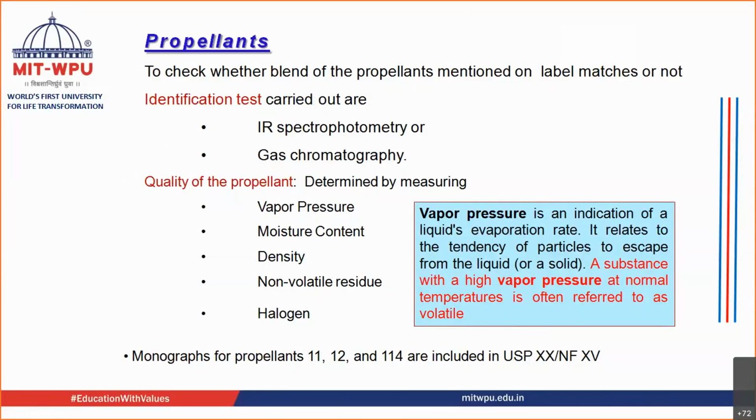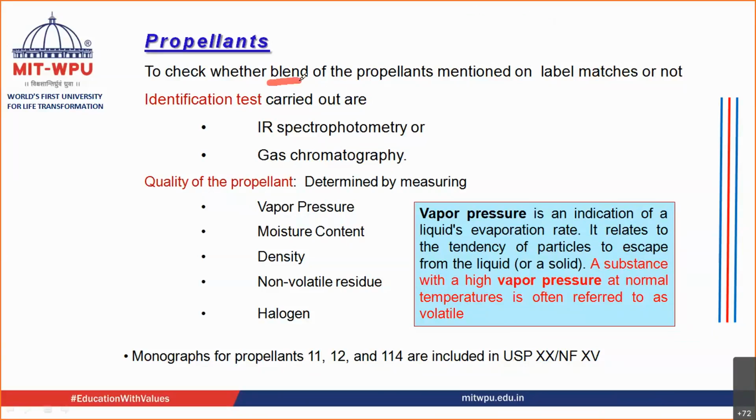If you test for the propellant, then you can call it the raw material testing of the propellant. Okay, so how do you carry out the raw material testing of the propellant? Here you determine whether the propellant that has been supplied by your supplier is correct or not. Okay, and then you are also going to determine whether the blend that is mentioned